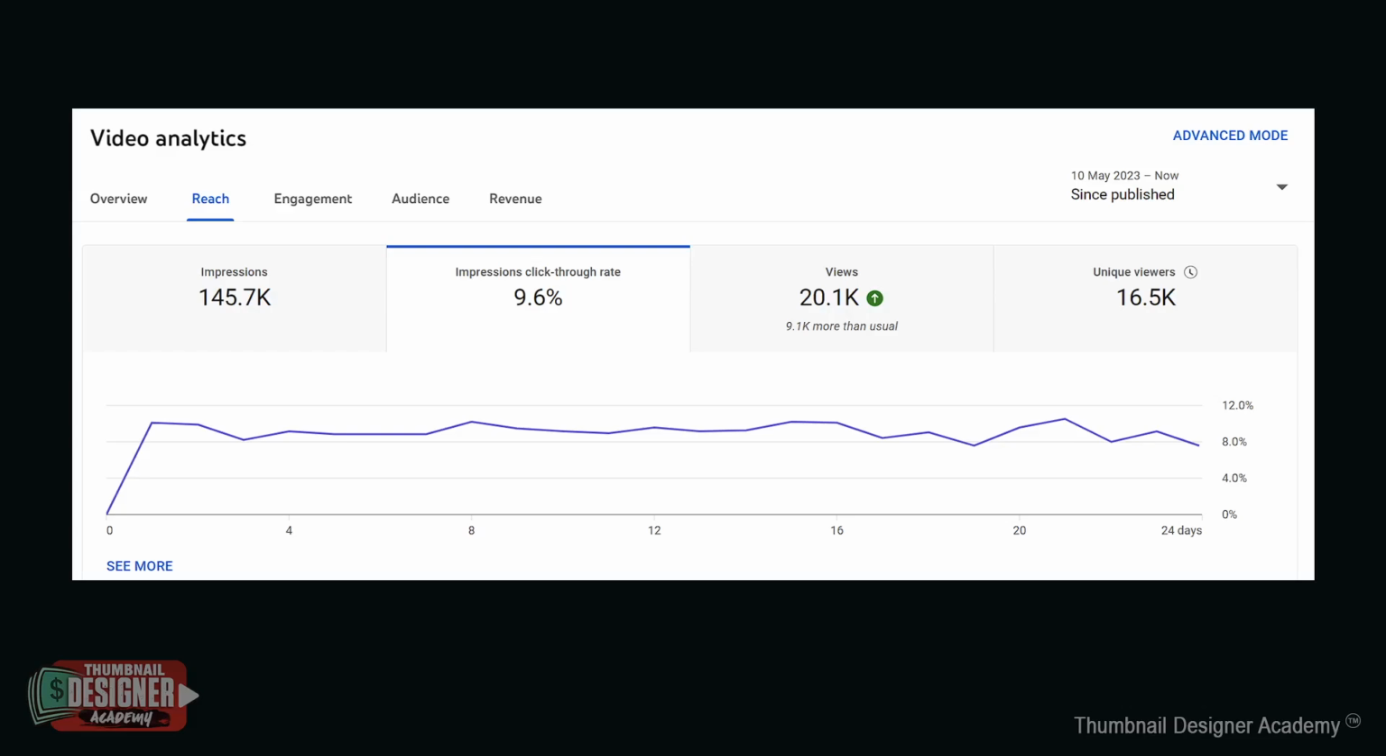And that's because the main audience of that channel will click on that video a lot in the first few days. Then as the video gets pushed out to more people, the click-through rate will usually, but not always, start dropping because it gets pushed to less and less people that might be interested in that content. Now,